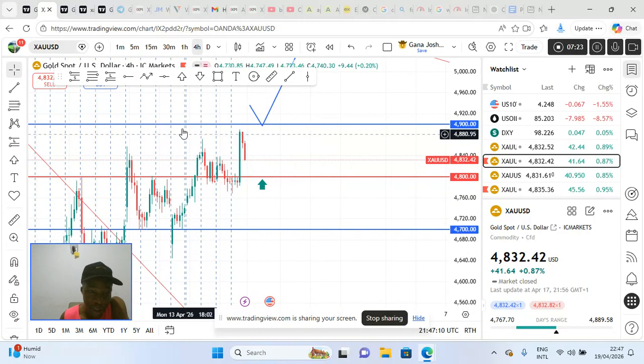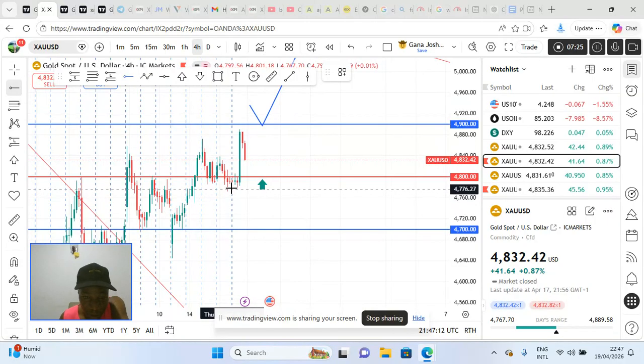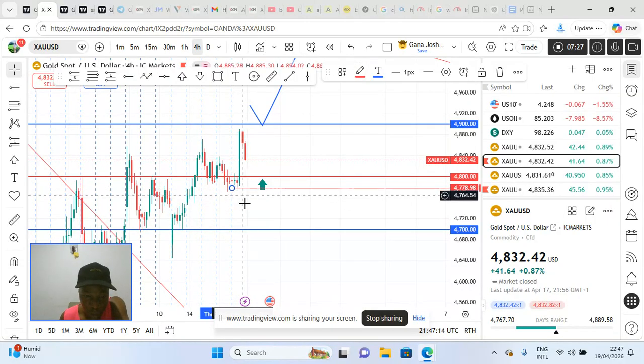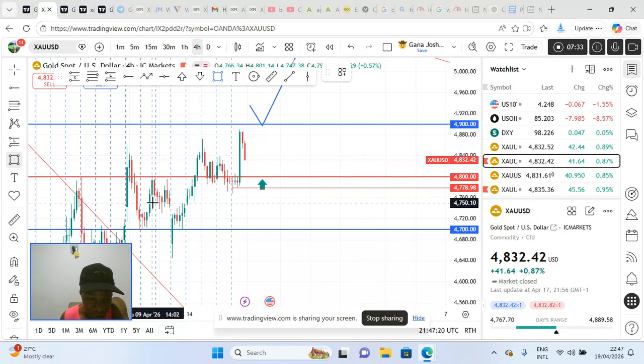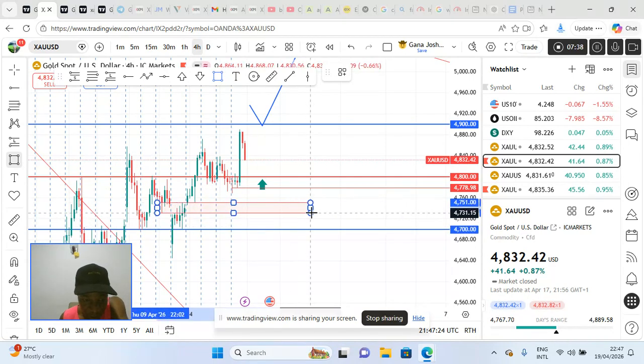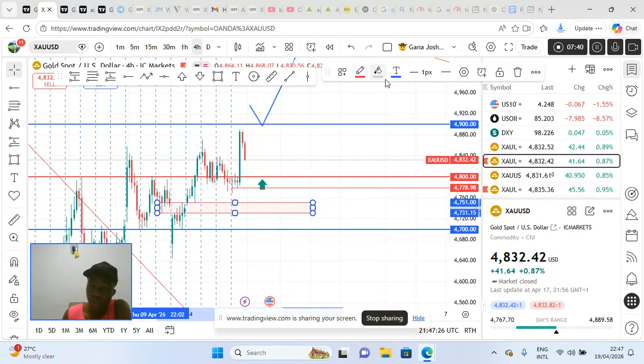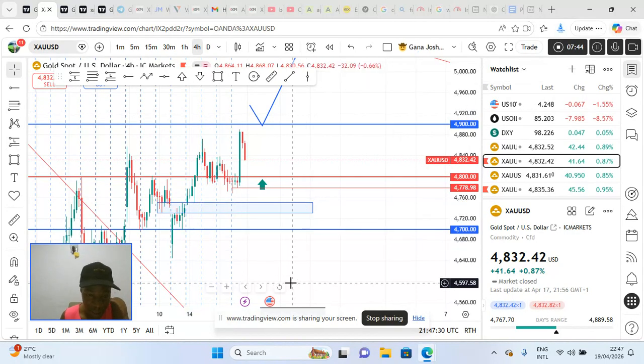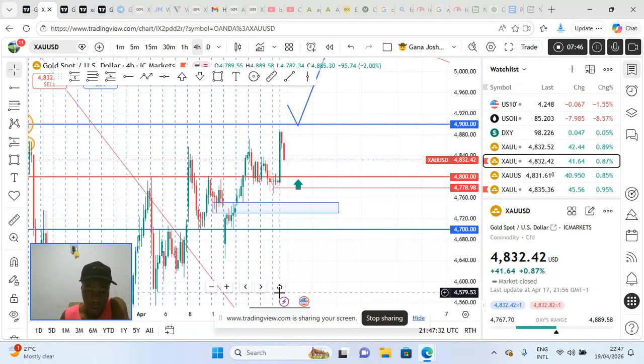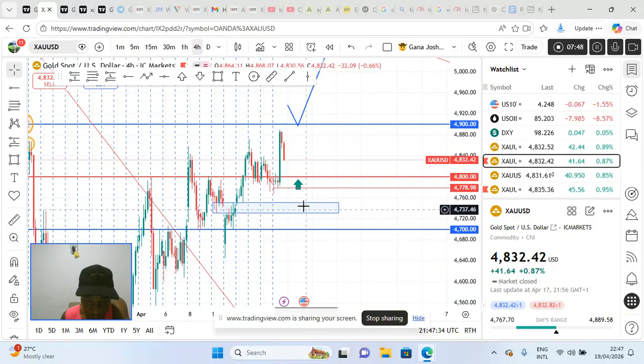So what are we expecting? For me, I'm expecting that there's a whole lot of liquidity here, stop losses, stop orders. So price will not move until it takes them out. That's what gives the market momentum. So I'm hoping for stop losses to get taken to begin with, whilst I'm wanting to pick my points. You understand? So here is a buy zone for me, because I would just wait to see the action here.